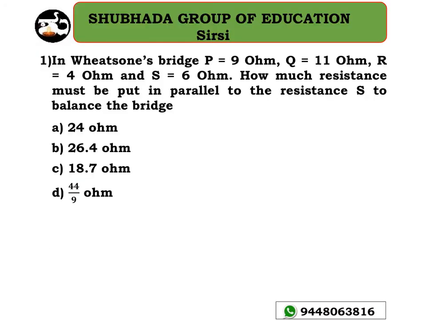Look at the next problem on current electricity. In a Wheatstone bridge, P equal to 9 ohm, Q equal to 11 ohm, R equal to 4 ohm, and S is equal to 6 ohm. How much resistance must be put in parallel to the resistance S so that the